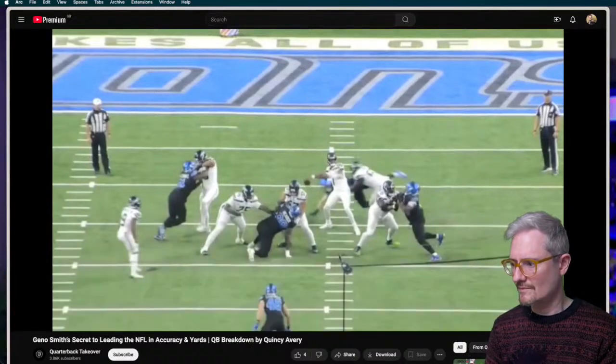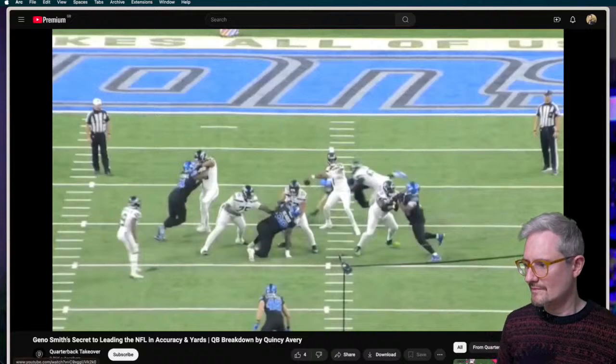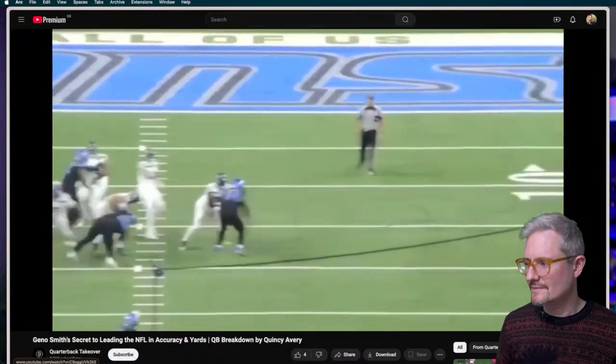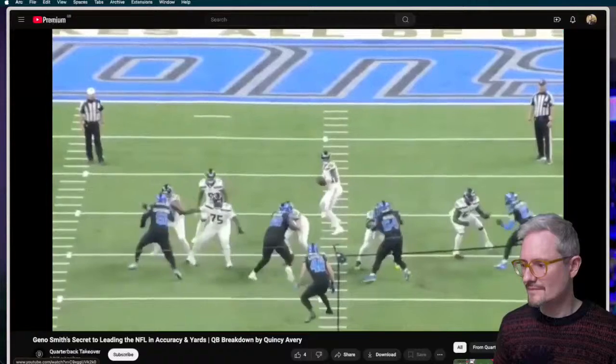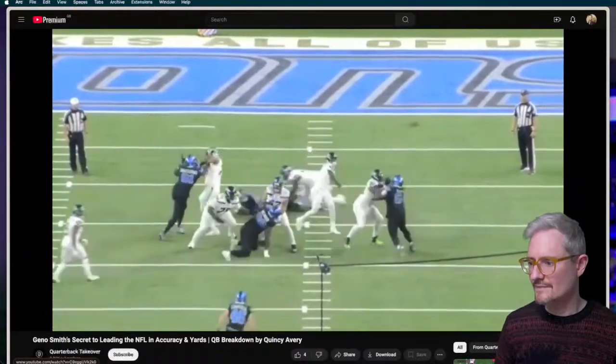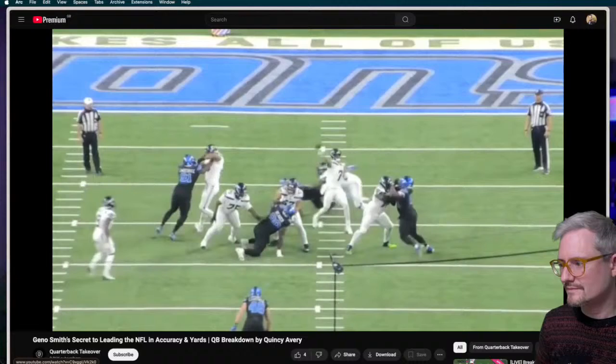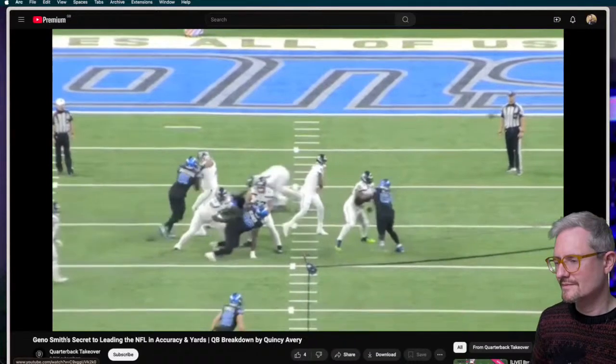Now let's talk about his top half. He's loaded up. He's able to rotate the front side, right? Looking at that left shoulder, able to close that up and generate force to the ground. Now, the last piece of this, and this is critical for quarterbacks everywhere, is when you hit,